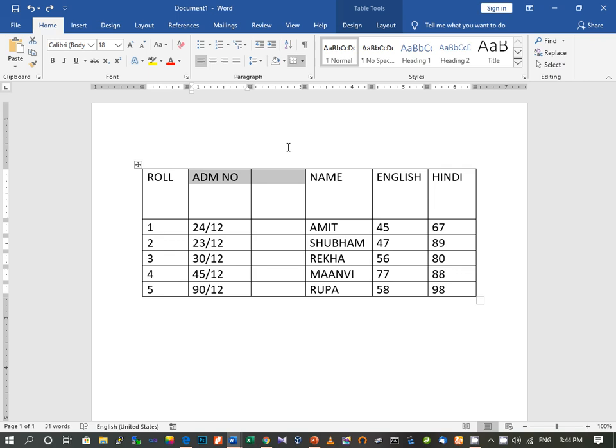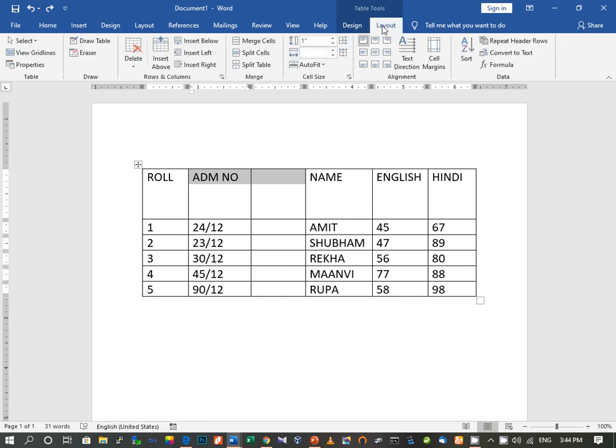This is our original table over here. Now, both these options, split and merge cells, are present in the Layout tab. This is also very important, as you might be asked in which tab this option is present. From Word you can get several questions like this. So we have this Layout tab, we will click here. Here you can see we have merge cells, split cells, then we have split table. So first we will learn how to split cells.